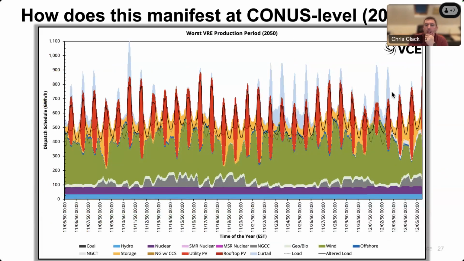This is swinging back to that piece that I showed about the November time period where we had a real difficult time, or the model had a difficult time solving. And what we find is you get quite a bit of curtailment around it. But if you look in the center of this image, there's 5 or 6 days where there's not much curtailment. It's using a lot of storage, and it's able to do that because it's actually shrinking down the demand on the distribution side to remove some of the difficulties, and it's really helped ride through this period. And so from our stress metric, it actually reduced it by 10 percentage points,